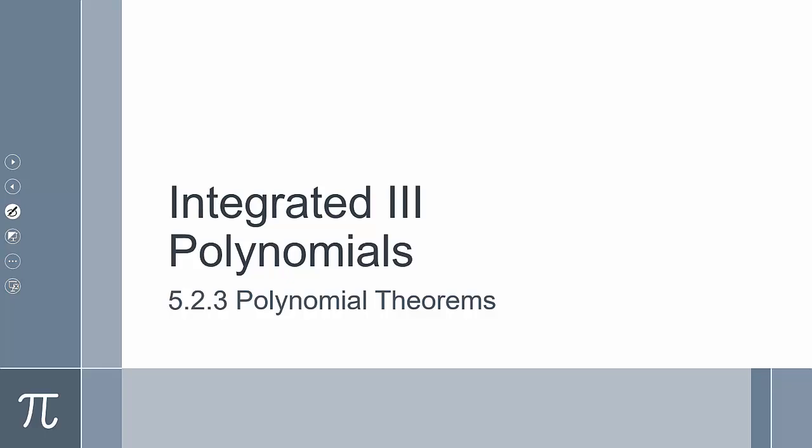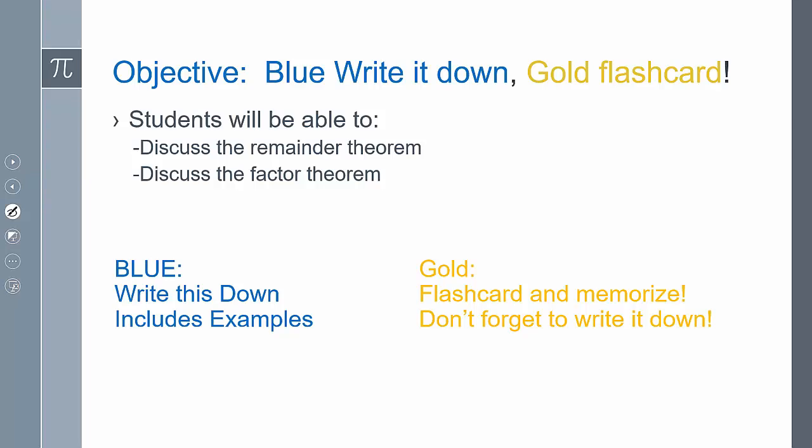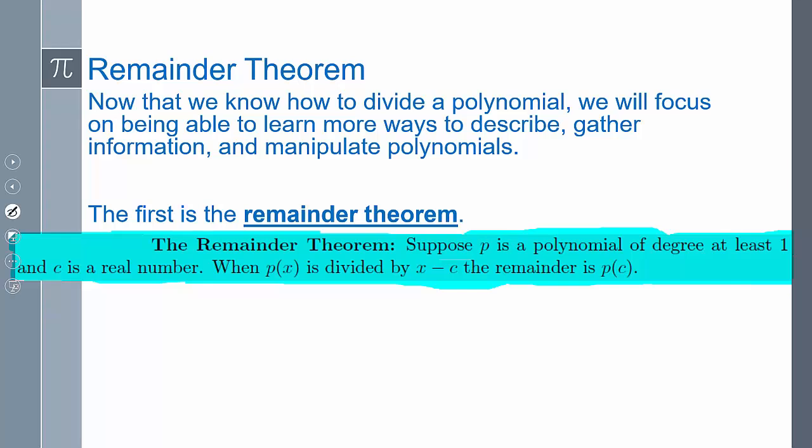This is section 523. We're going to take a look at a few polynomial theorems. So we're going to discuss the remainder theorem and discuss the factor theorem. So the remainder theorem is going to be, suppose P is a polynomial of degree at least 1 and C